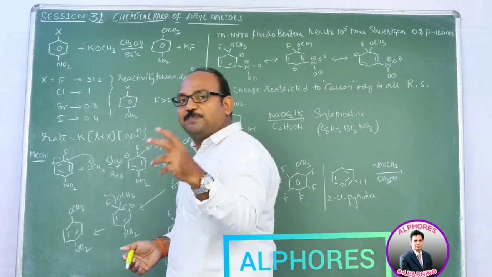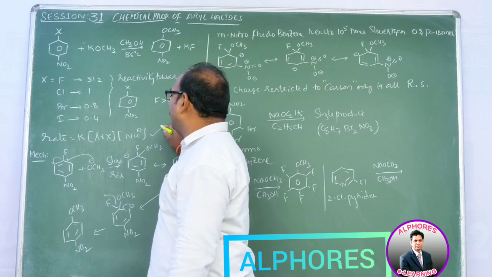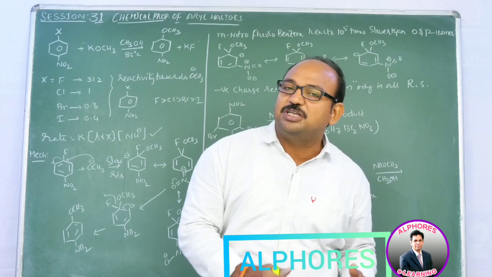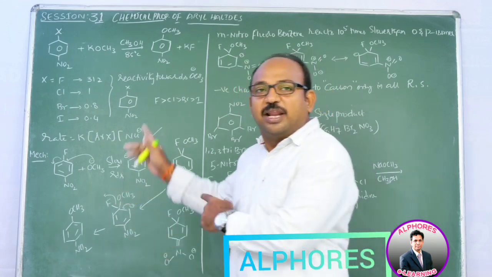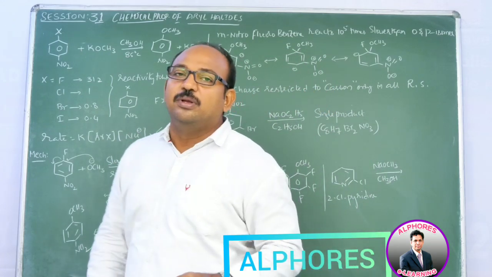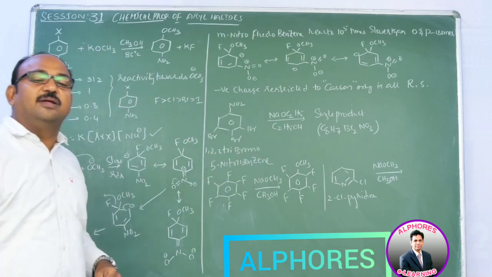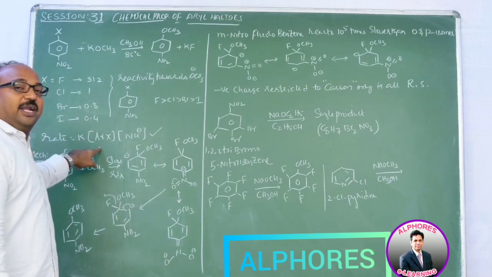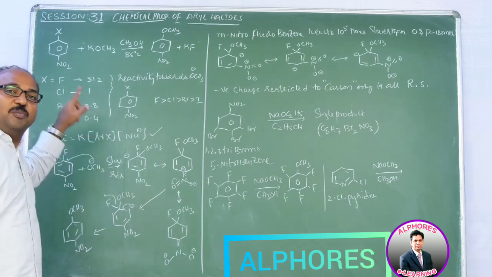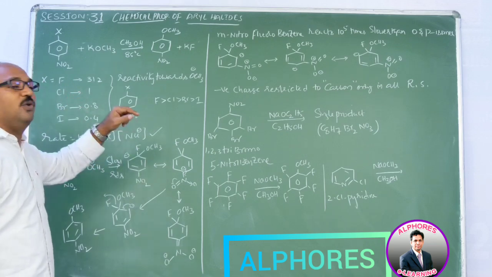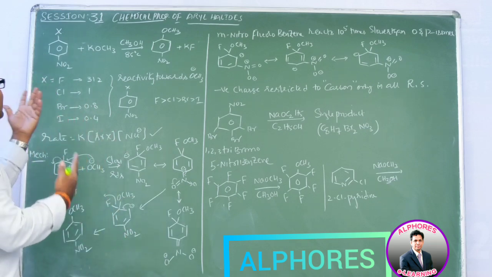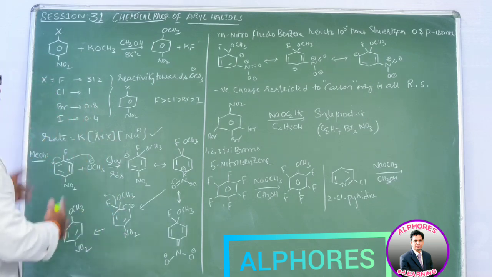Let us see the experimental rate of reaction. If you observe the rate law for aromatic nucleophilic substitution reactions, rate is equal to K into the concentration of aryl halide and the concentration of nucleophile. This is a new one. See what happened here. The rate depends upon the concentration of both substrate and nucleophile. Both are going to influence the rate. So, how does this mechanism proceed?